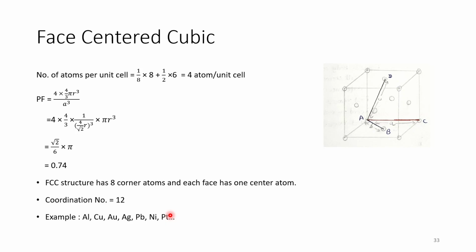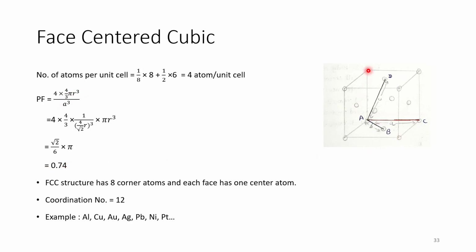Next is face centered cubic. In this case, you will be having atoms at the face centers of the cube. So along with the one atom at all the corners, you will be having these atoms at face center. A face is shared by 2 unit cells. So one more unit cell will be here. So it will be shared by 2 unit cells, so half will be in this unit. So half multiplied by 6 such places, so 6 multiplied by half. So it will be having 4 atoms per unit cell. And then again you can calculate packing fraction, which will come out as 0.74.